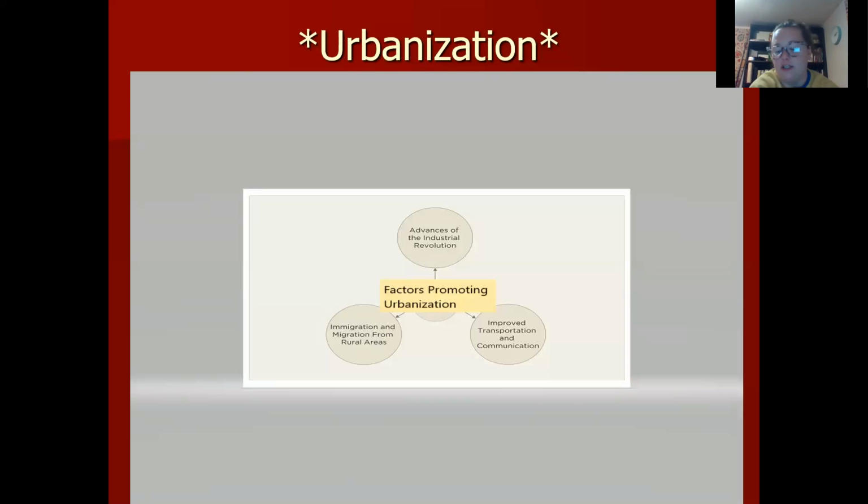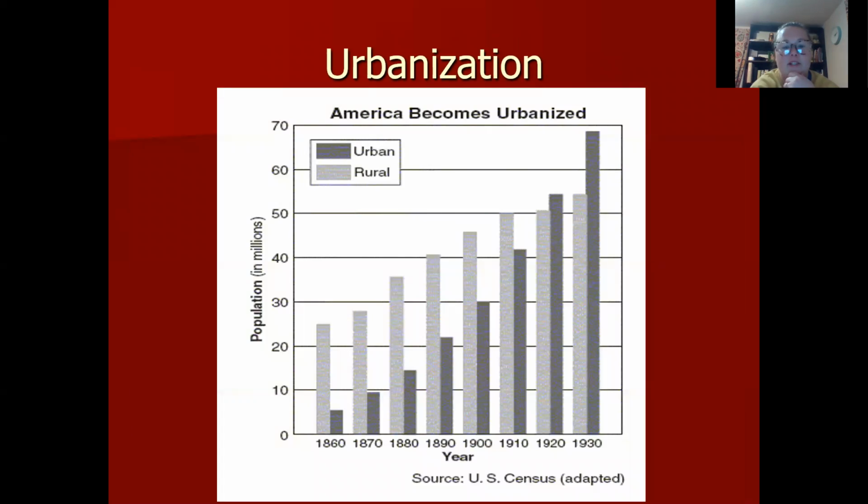That's in this urbanization. All right, and this graph is really great to give you an idea of what this is like, okay? So we can see here the light colored gray is going to be the rural areas, how many people per million live in the rural areas. And you can see that as we start in 1860, the majority of people are in rural areas.